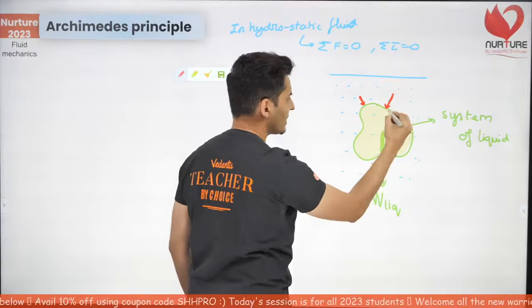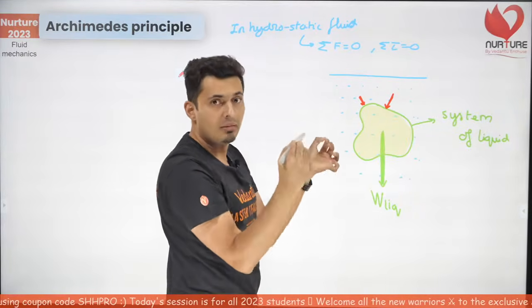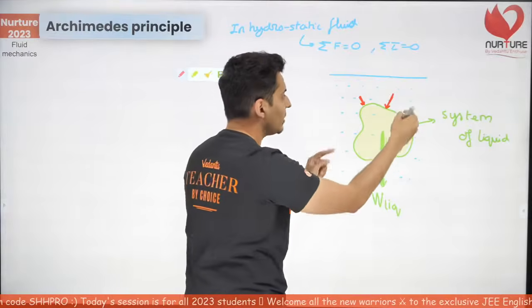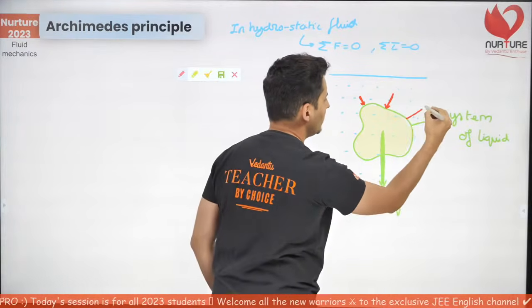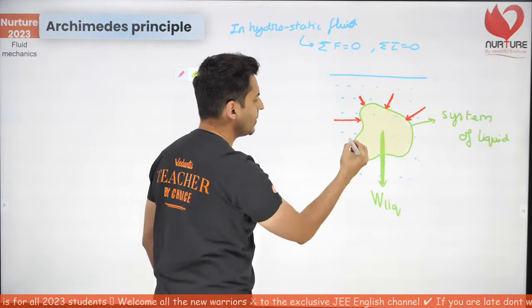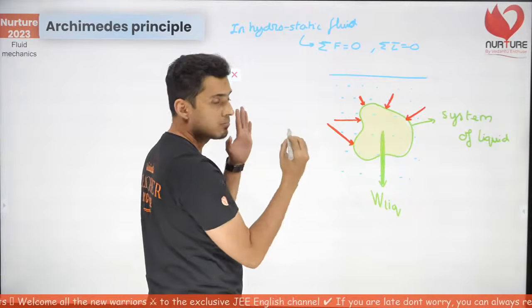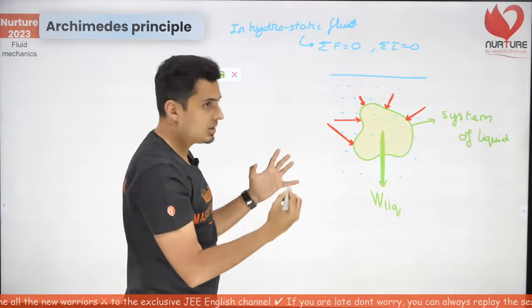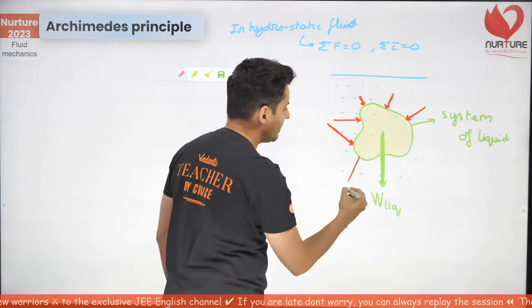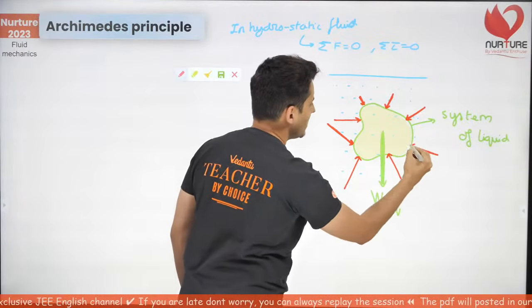Perpendicular to the area, there will be a force here. As you go down, the pressure will increase. So will the force. So will the length of the arrows. So as I come down, I should show a little bit longer arrows. I hope you agree with this. So the arrows become longer because they are going to be of higher pressure and they will always be perpendicular to the forces. This is how it's going to look.